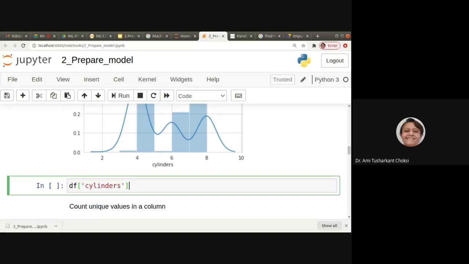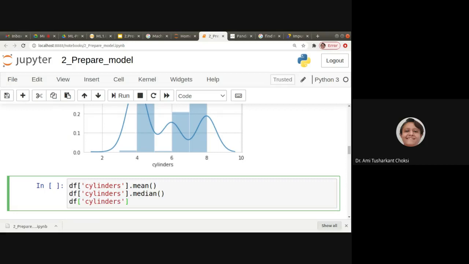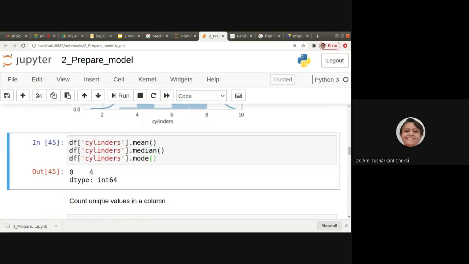Now this is dot mean, then we want the median, and then after that we want the mode, right? Let us run this. What values are we getting? Oh, we haven't written print.